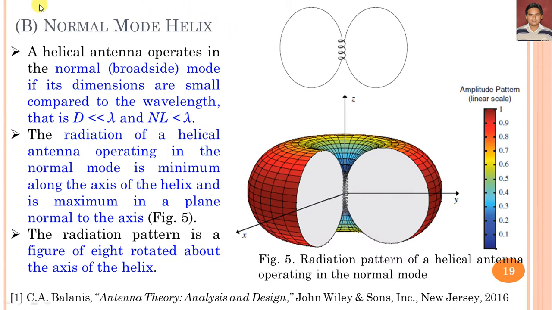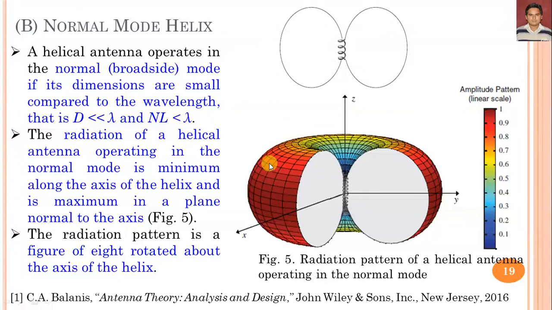Further, we have discussed the second case, which is known as the normal mode helix. And here you can see the normal mode helical antenna, or we can say it is a broadside radiation. If the dimensions are small compared to wavelength, if we can say D less than lambda and N into L less than lambda, this is the basic assumption or basic criteria through which we can define the normal mode